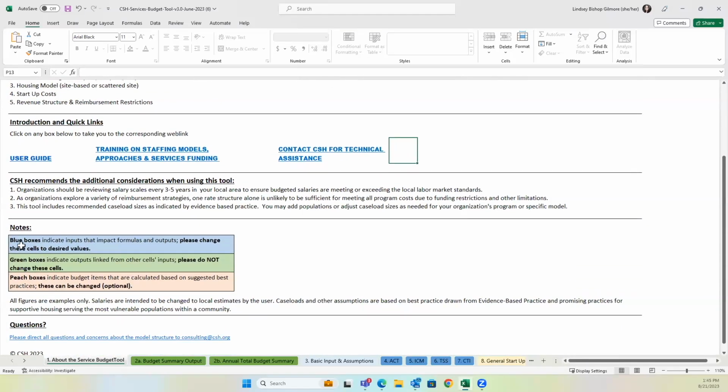And so the way that it's organized is based on the color of boxes. And because the spreadsheet is not locked, the color of the boxes are really important. So if you see a blue box, it is recommended that these be changed or numbers be added in based on your unit count, target population, and such. The green boxes you should not change because there are formulas in there, but you can go in and change that formula. But if you change the green box, just know that it's going to impact the formula. And then the peach boxes are